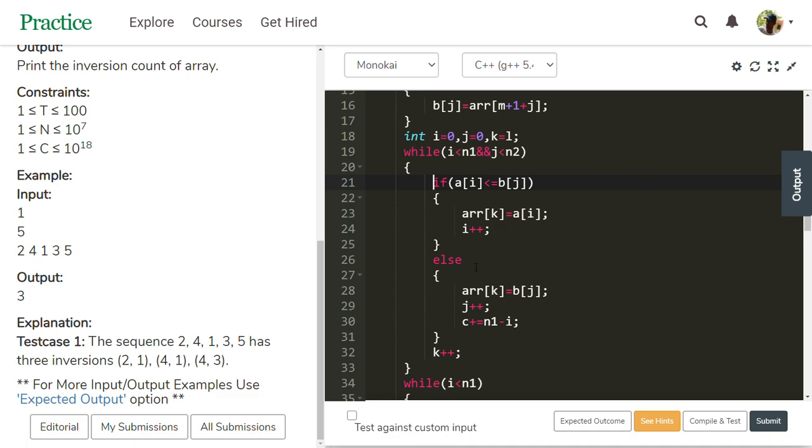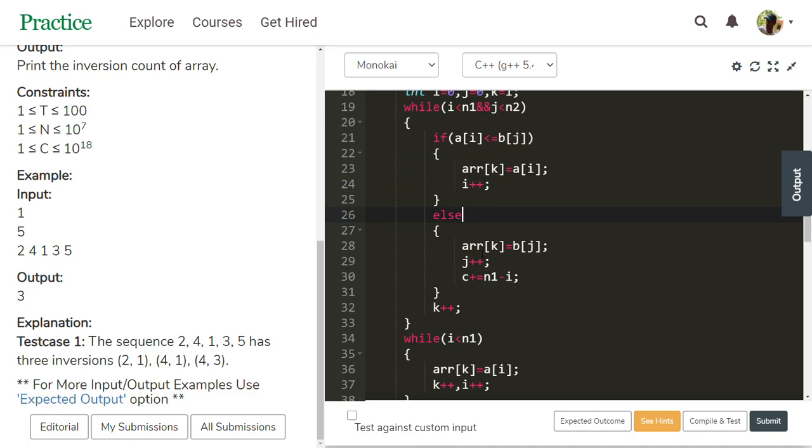No. So the else block executes. ARR of k, which is 0, equals b of j. So 1 is placed at index 0 of ARR. j increments, and the j value becomes 1.